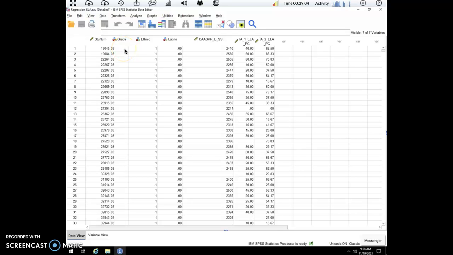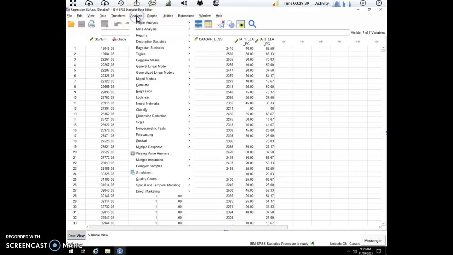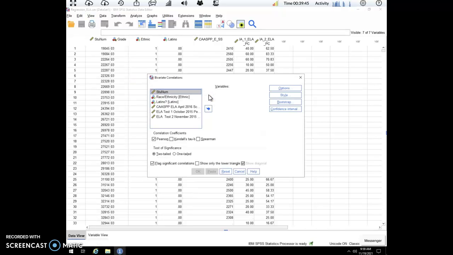In this regression example, we are going to use this ELA data file. In this SPSS task, we are asked to look at the correlations of several different test variables. So we're going to start with our correlations by going to correlate, bivariate, and we're going to run a series